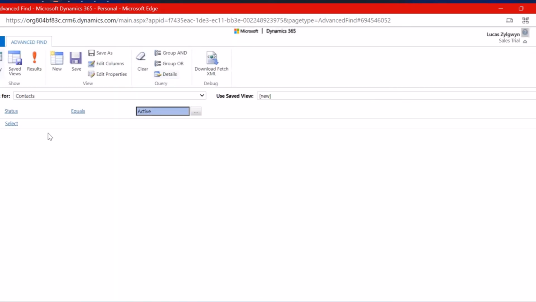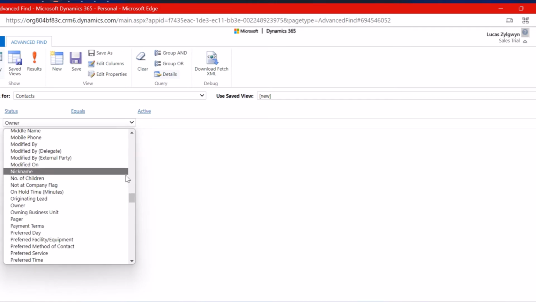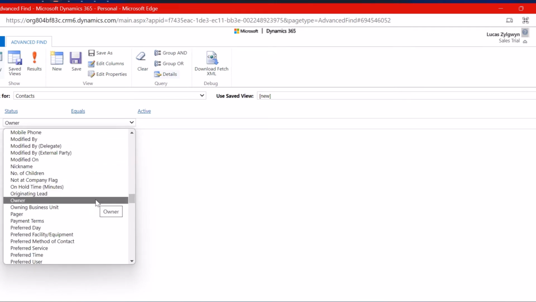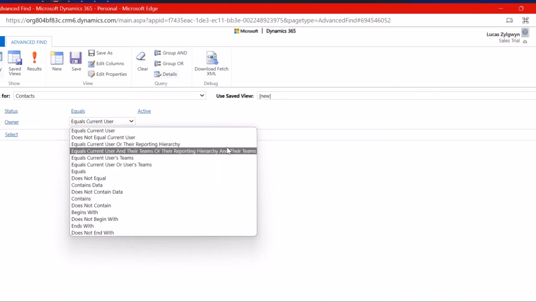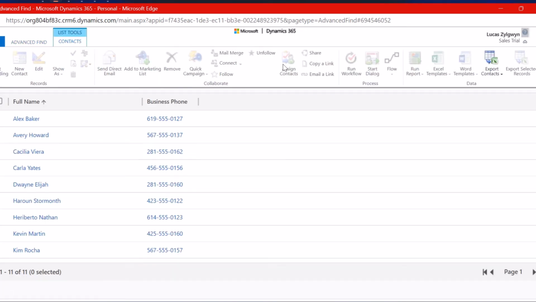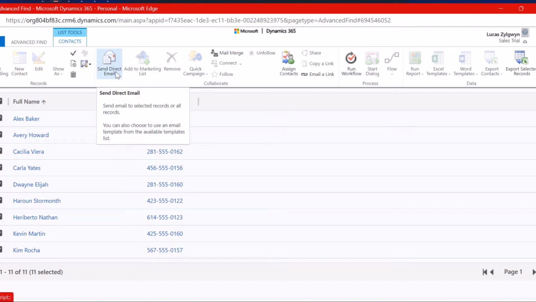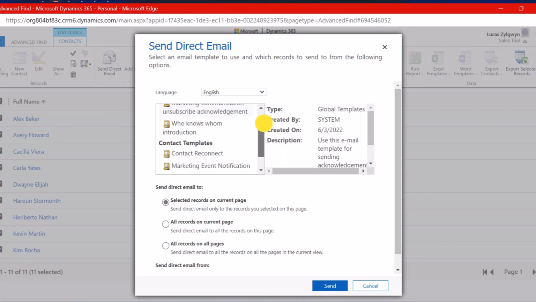As you can see, the lists are showing in the view results, and if you have dozens of records under this filter, you can increase your default per page view by 250 records per page. Next, simply click on the Send Direct Email button available on the top pane to start sending the quick email